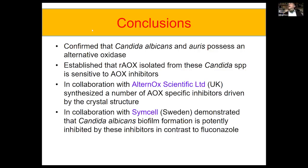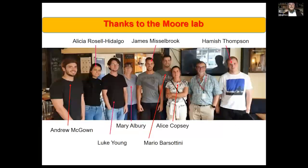And in my last slide, I just want to show the people that have been involved in this within my laboratory. And in the final slide,